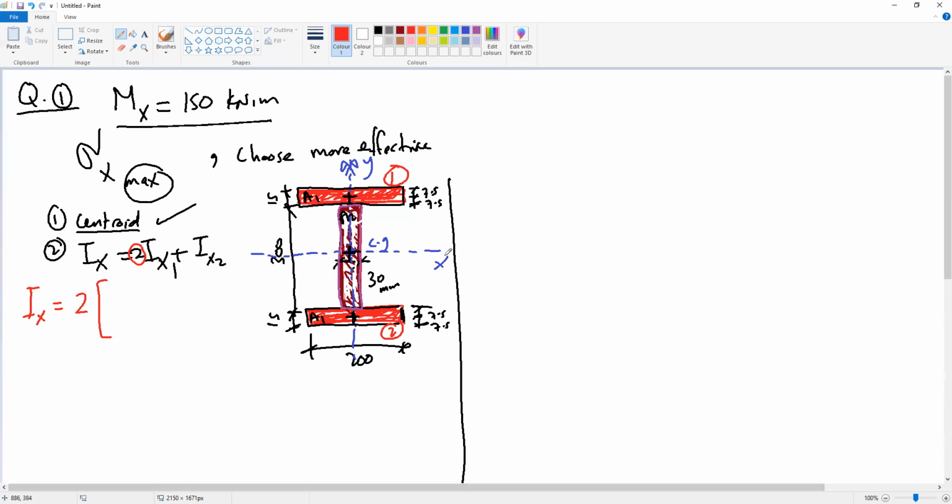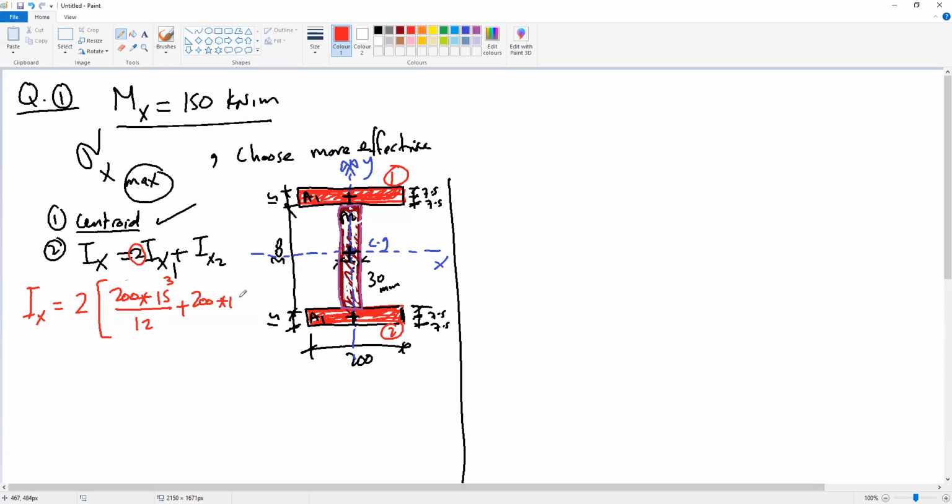The centroid of the x-axis is not passing through the centroid, so we have two terms. The first term is the parallel to x, which is 200 times the perpendicular to x, 15 cubed, plus area. Area is the product of these two. So we have